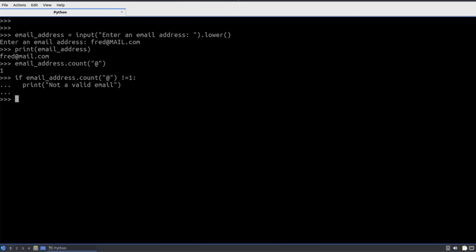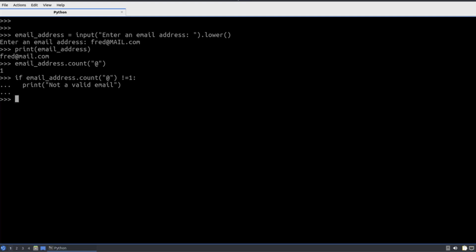We can see that it didn't return anything, so obviously the email address was valid. We'd already done the count and we had 1. However, if I want to test with a new email, I'm going to have to repeat those lines of code, including the indentation, which is not ideal. So this is where we use something similar to variables, and they are called functions. Now, a variable stores a value for reuse later. A function stores code for reuse later.